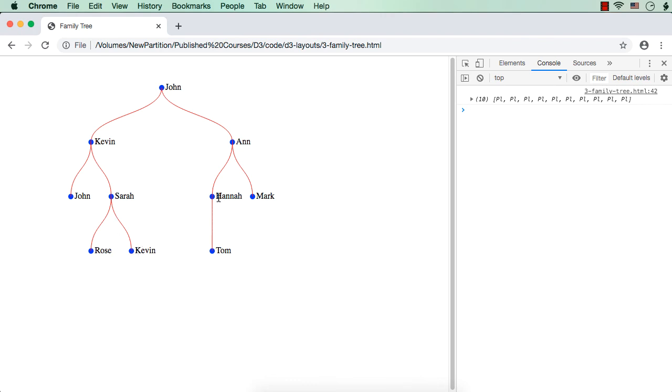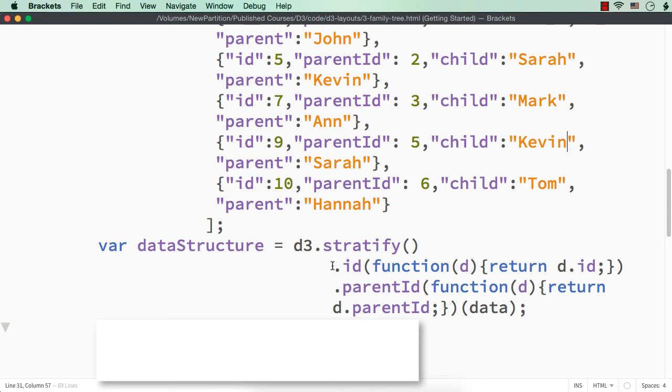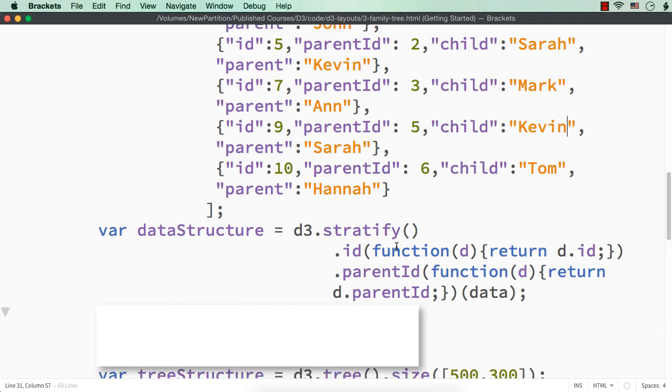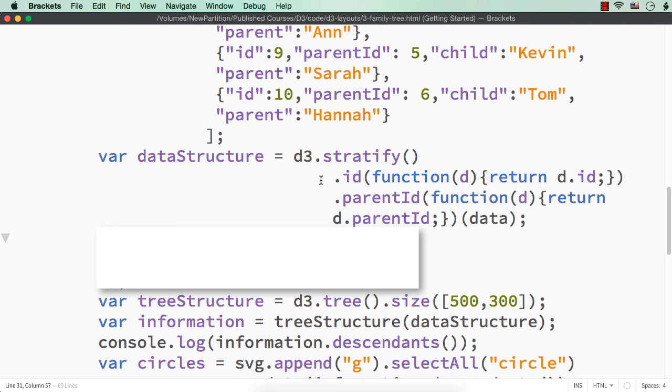So here what we have solved, actually, is the name conflict issue. Previously we have been getting an error like ambiguous name, right? Because we have been passing the name of parent and child as the ID values while using the stratify method. So that was resulting in a conflict, that is name conflict. So in a real world scenario, there could be the same name repeated anywhere in the family tree. So to solve that, we have added an ID and parent ID and then used that ID and parent ID here. So this is the actual correct way of using the data for the family tree.